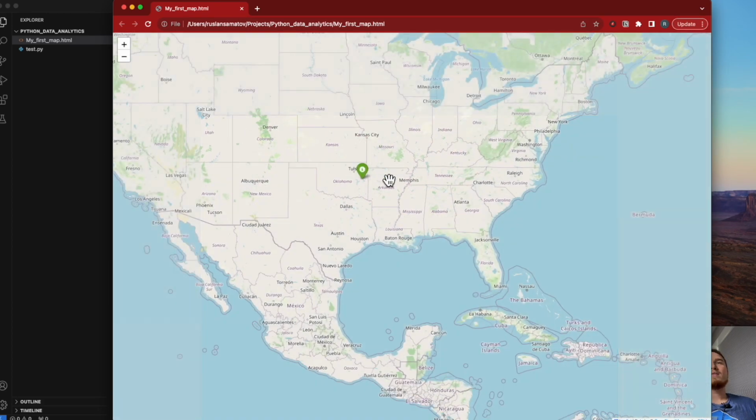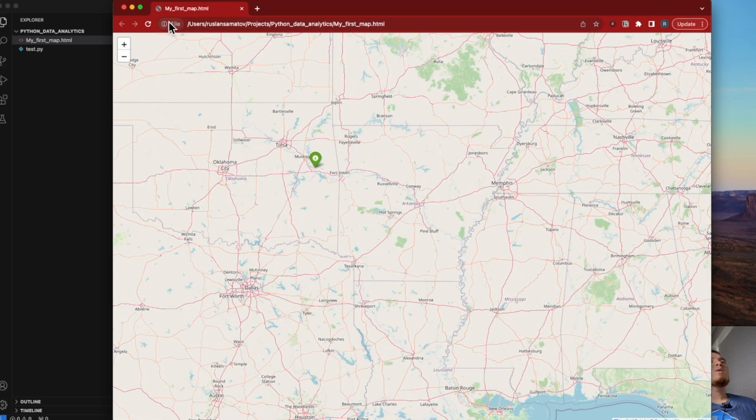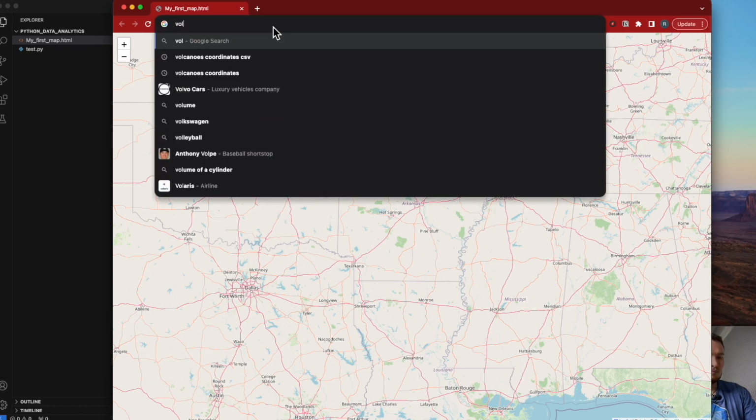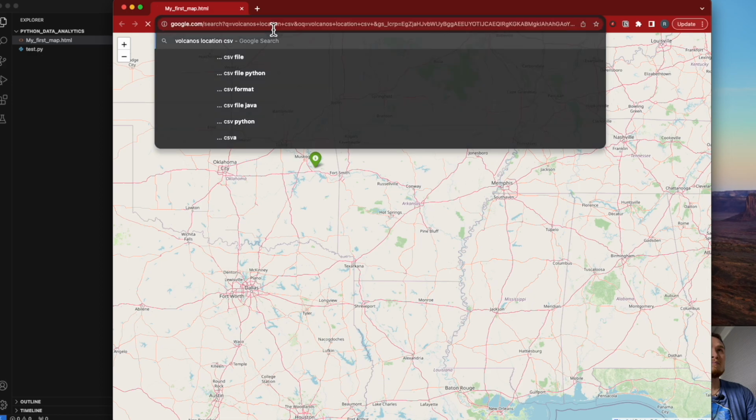Now you have created your first map with a marker, and now let's make it even more difficult. Let's see all our volcanoes. Volcanoes location CSV.